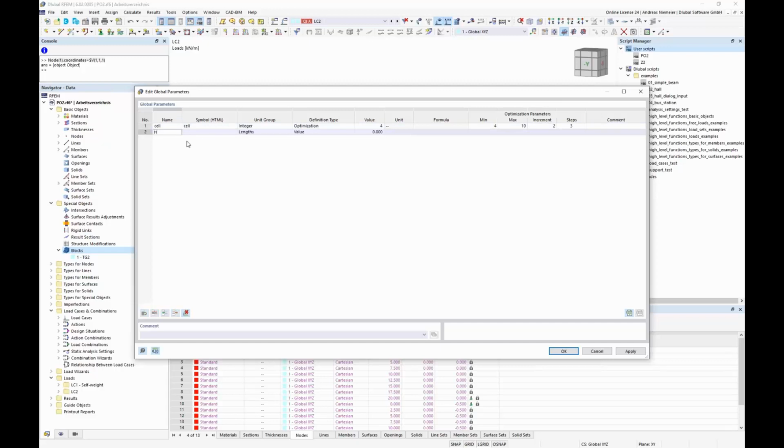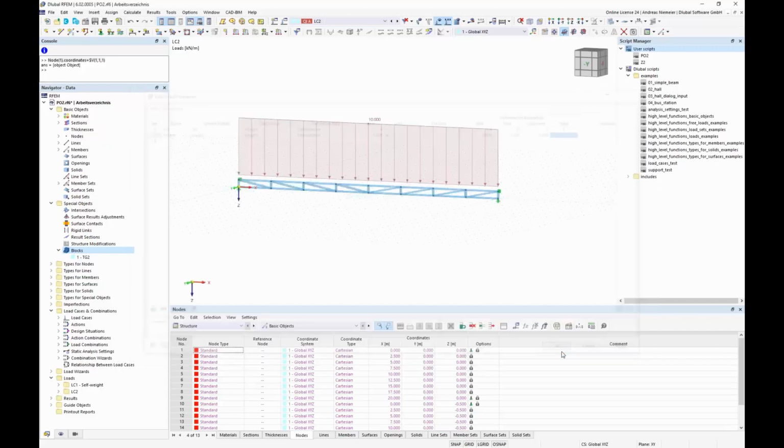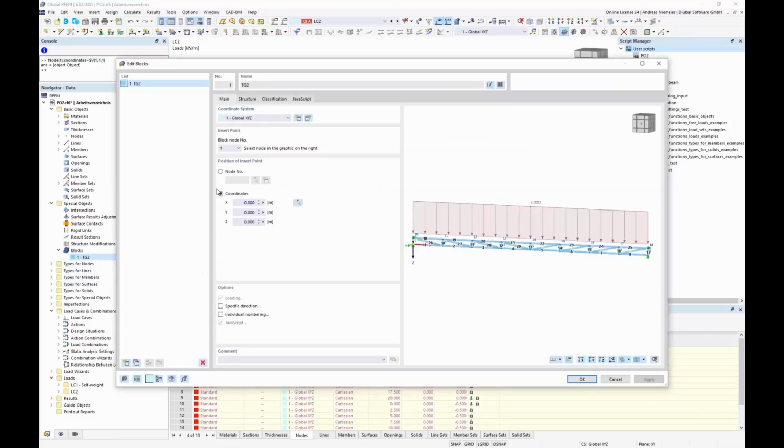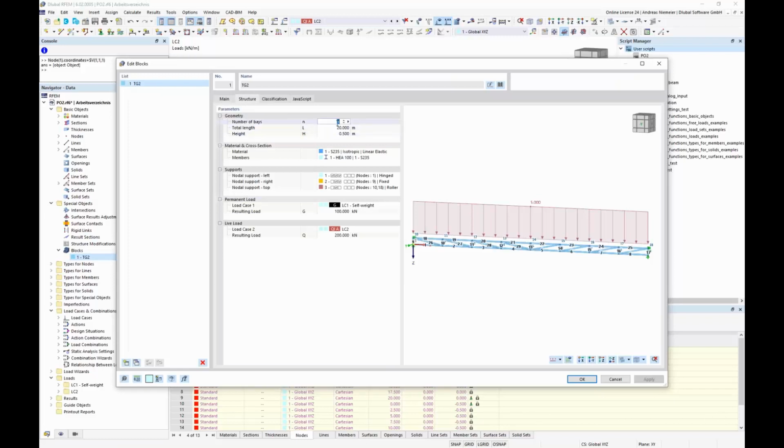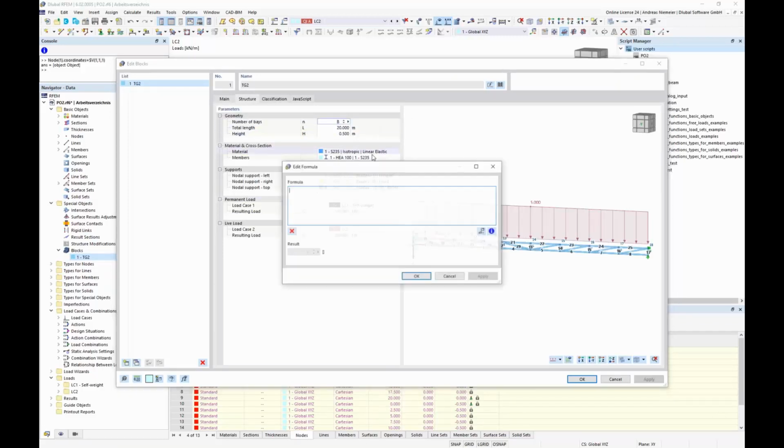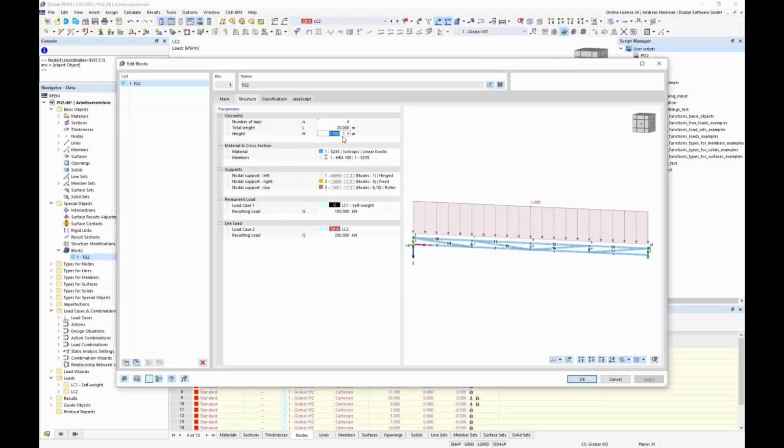And again, we have, for example, also a high parameter. Here we have a length parameter, which we set to 1 meter, and it's an optimization variable where we can say please run from 0.5 to 2 meters with a step of 0.5. And now we use these global optimization parameters in the variable block and connect them here with these inputs, formula editor, cell, okay, and high,